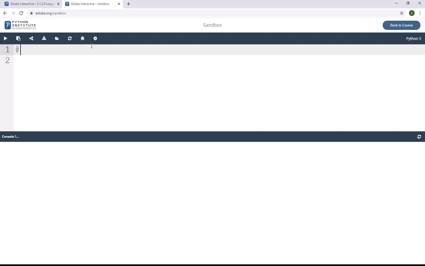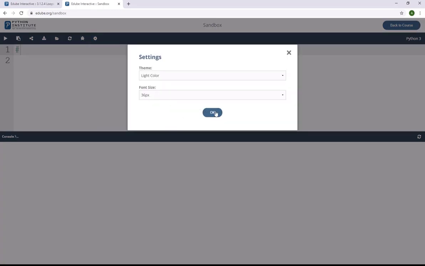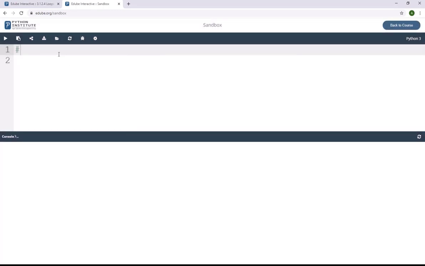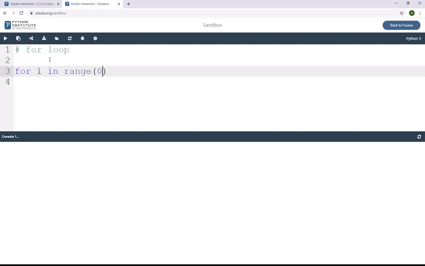So we're going to type it directly here. Let me just make sure that this is the maximum font we can use. So today's lecture is about for loop. We are going to write the for by using the for keyword and then a control variable which is i, and then the keyword in, and we are going to write a sequence. It could be a list, set, dictionary, tuple, or string, but for this tutorial we're going to use the range function. Okay,